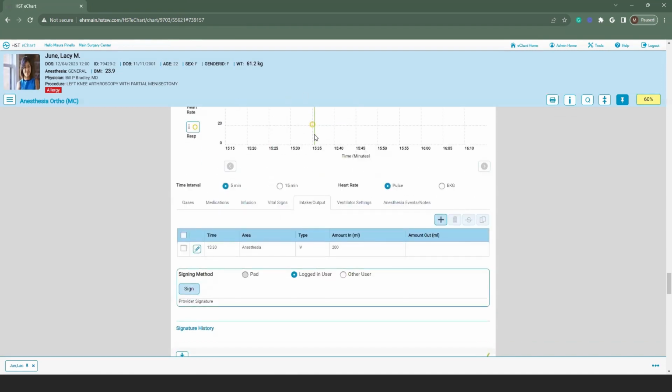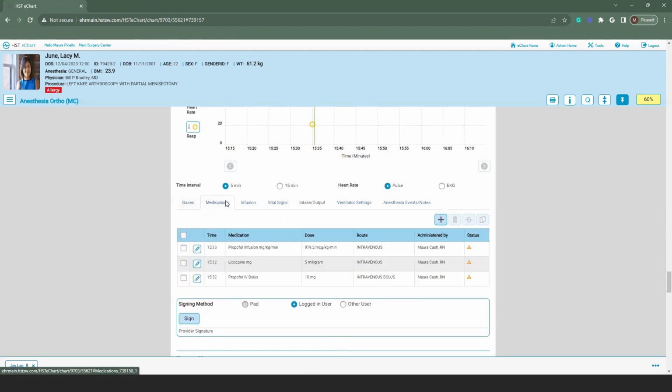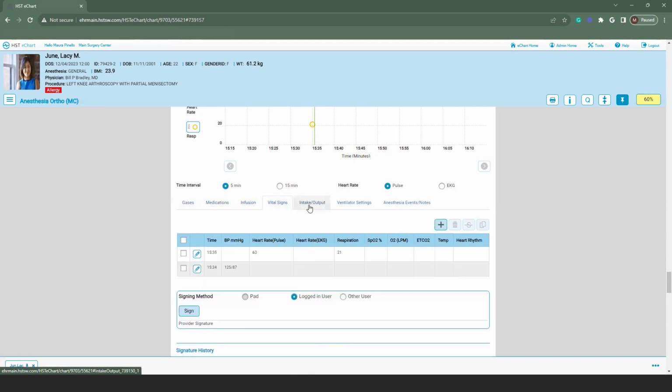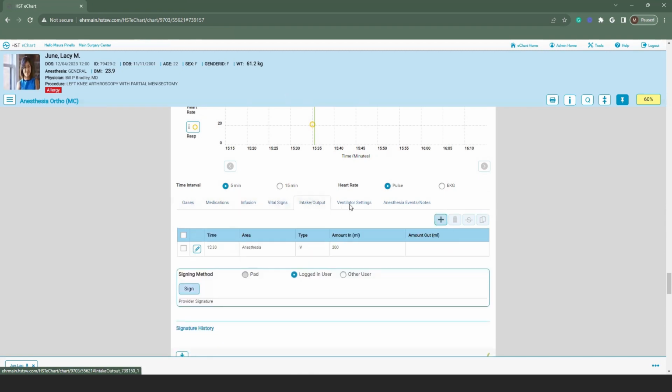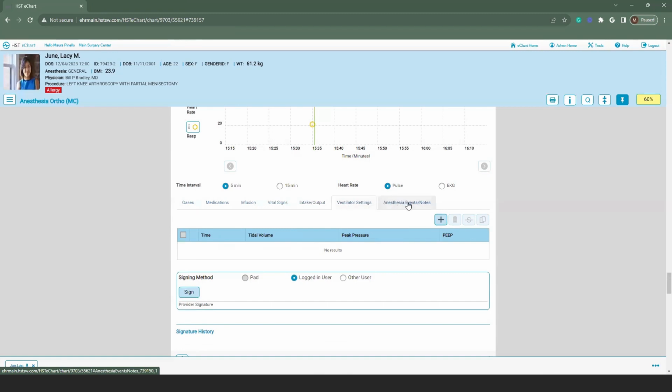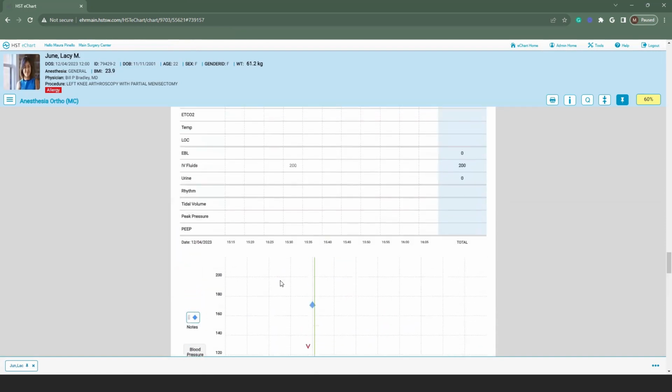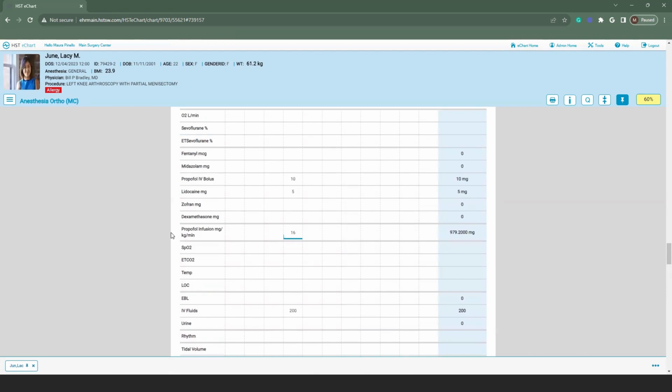Below the table and the graph are the grids. The grids will show exact information that you have put in. You didn't enter any event settings, but it will put in all of that information for you. And of course, any of the anesthesia providers taking care of this patient are able to sign here that they participated in that care. Now, I'm going to go up here and stop my infusion